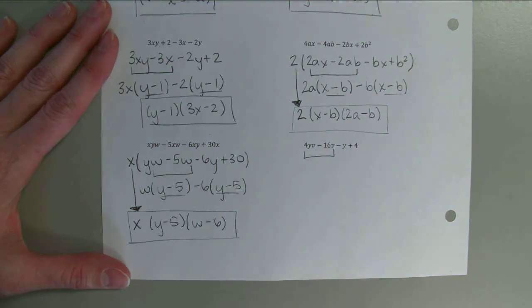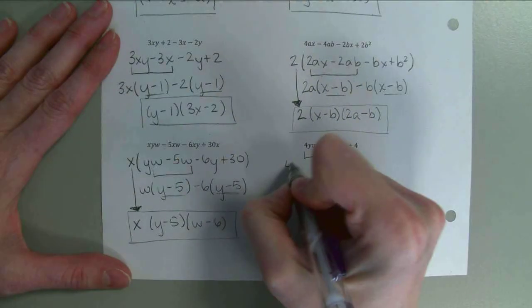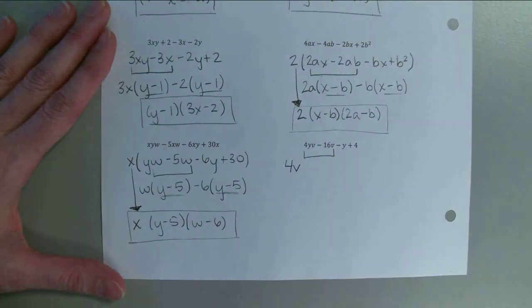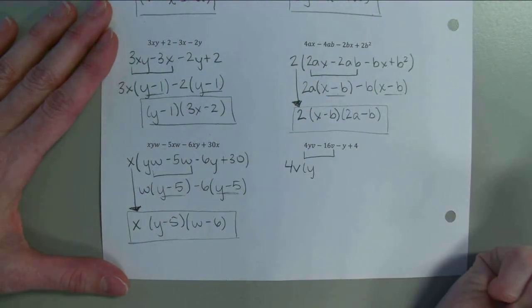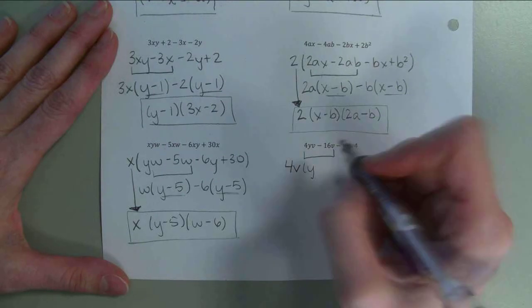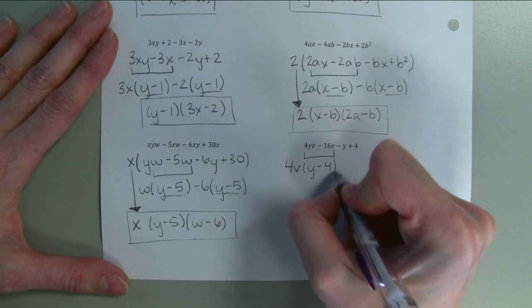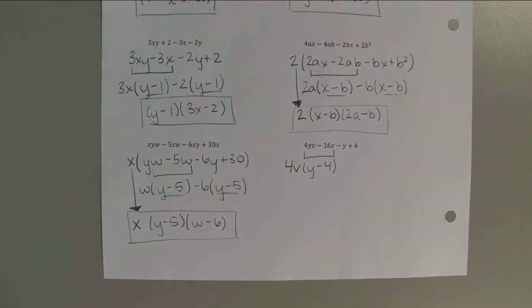What did those 2 have in common? A v and what else? A 4. So let's factor out a 4v. When I take the 4 and the v from the first term, it leaves me with a y. And when I take the 4v out of the second term, what is that going to be? A negative 4? Does that look right? Okay. So this is kind of interesting, and there's a reason why I put it on here. Notice what's left. The y and the 4 is what we want, right? We want a y and a 4, but what do you notice about the